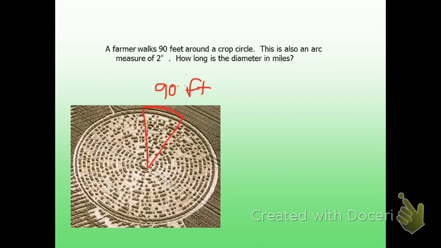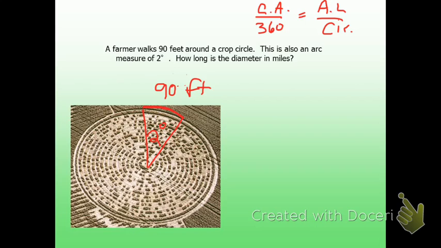And it's also given that the arc measure is 2 degrees. So that means that this central angle is 2 degrees. How long is the diameter in miles? So you might be thinking about that proportion that we know, that I'll abbreviate up here: central angle over 360 equals the arc length over the entire circumference. You might be wondering, well, there's no diameter in that, so how are we going to figure out the